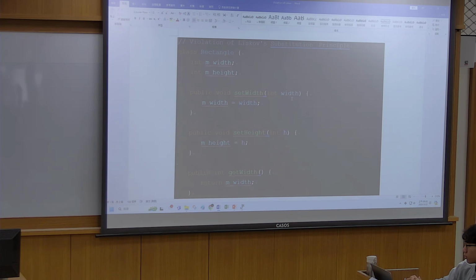But we need to override this because we need to define width as the same as height. So now we see why we said that it violates this.